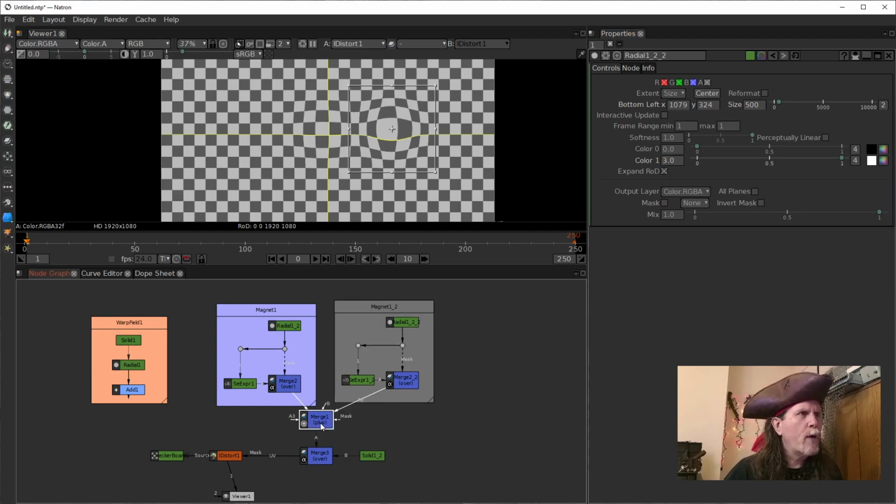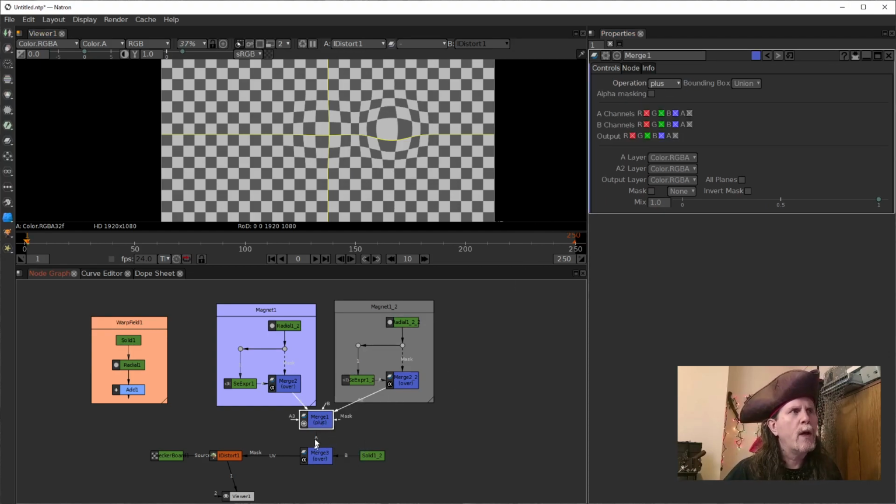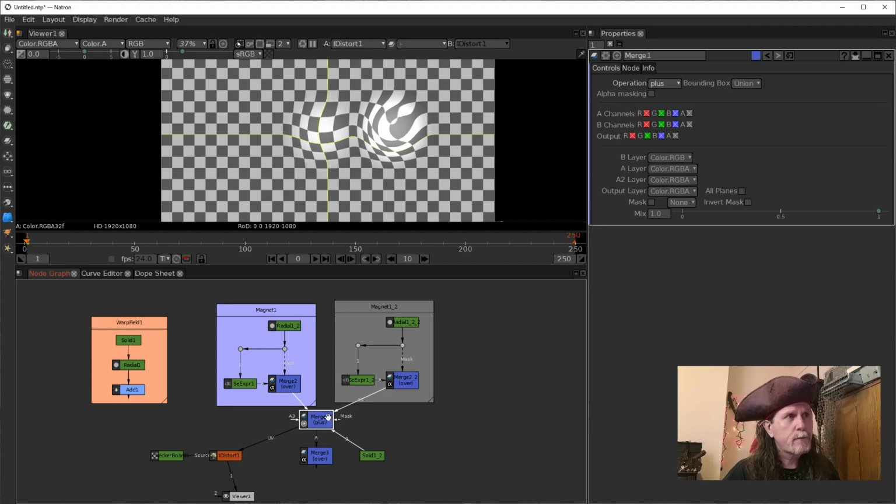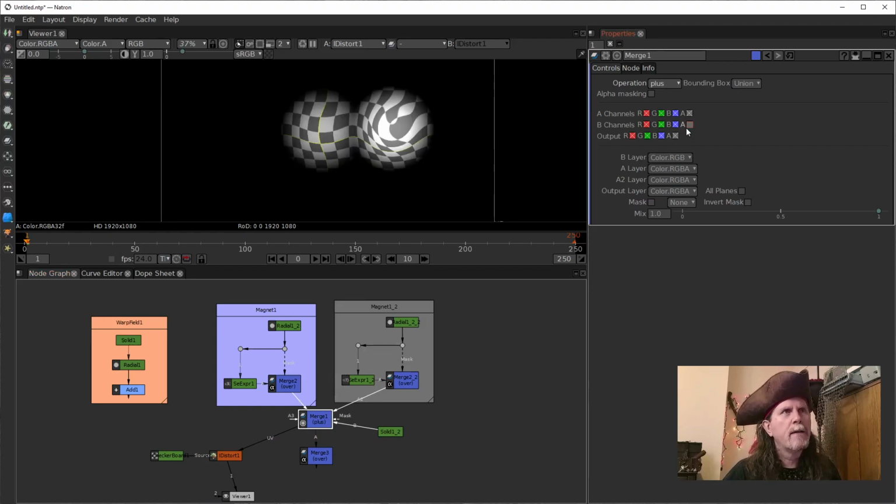And the one thing that we can do here that we couldn't do with the other one is another really interesting thing. If we take our solid and put this up here to the UV, to the plus, we can see we wind up with the result that we don't want. And then we set the B to the background. All right, but we change the background from being solid to being